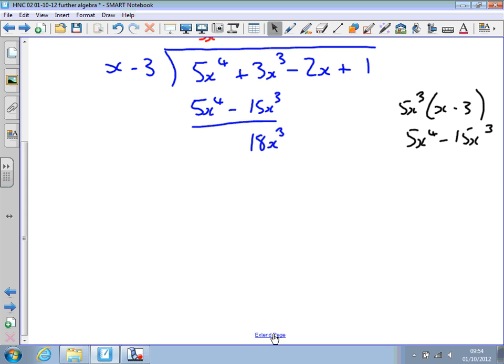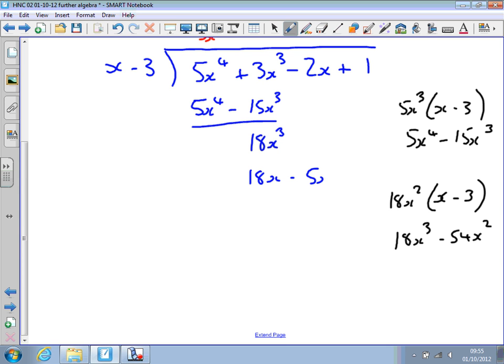18x squared, yeah, that's right. So what is 18x squared times x minus 3? Answer, 18x cubed minus 54x squared. So 18x cubed minus 54x squared. If I were to bring down the next number, look, and this is the awkward bit, it would